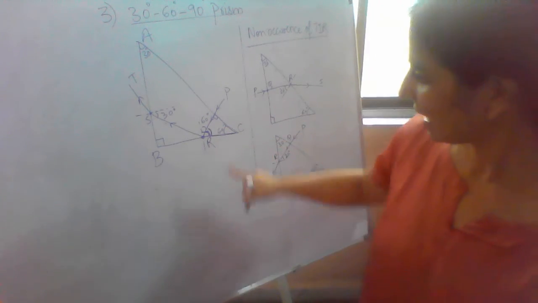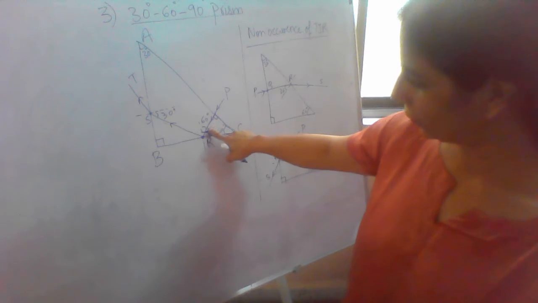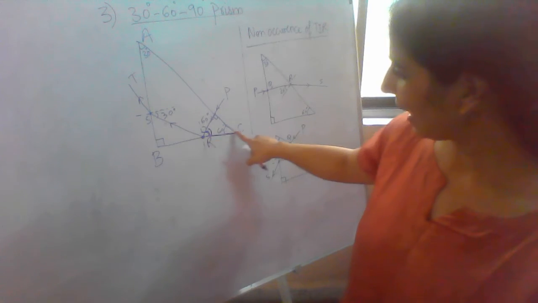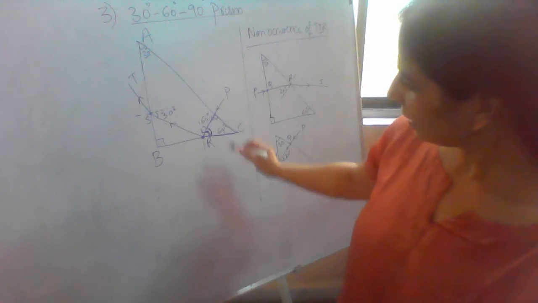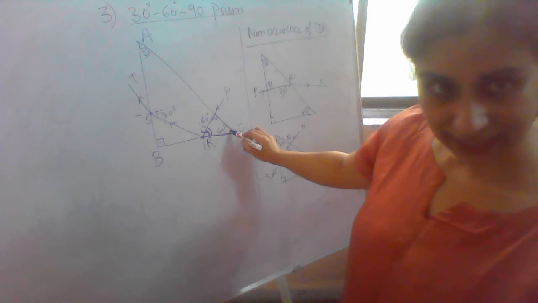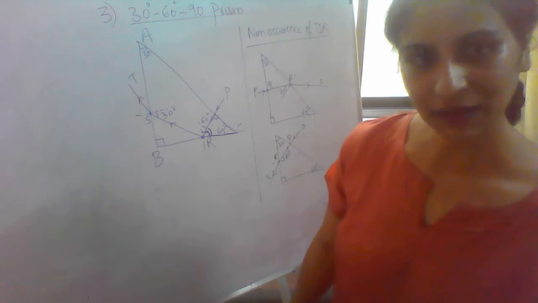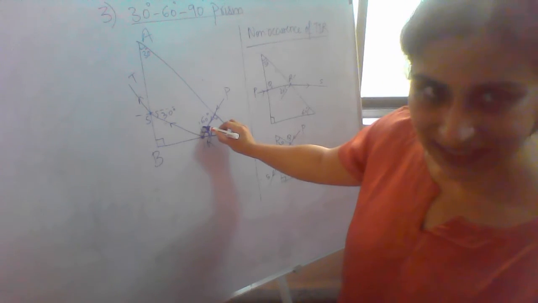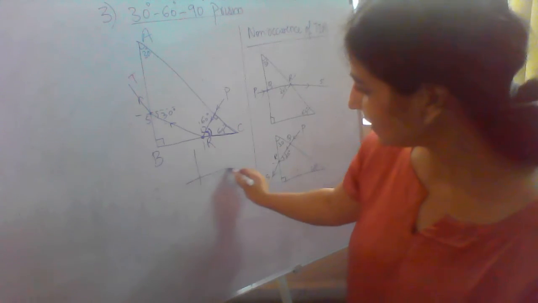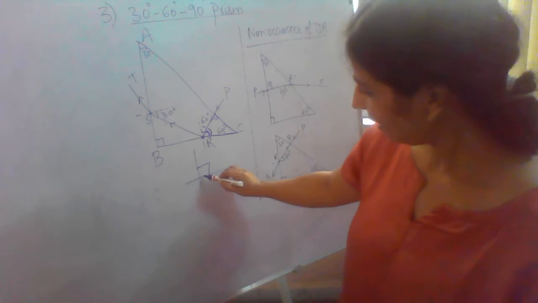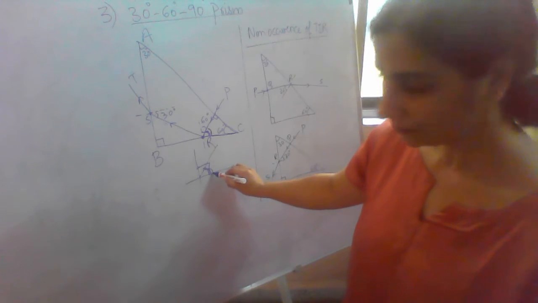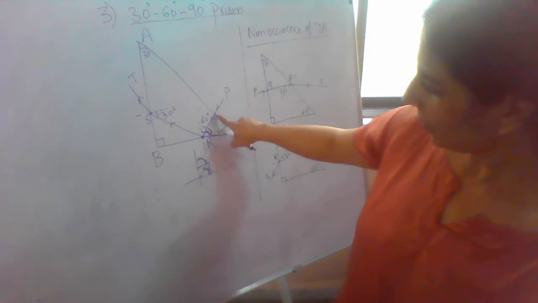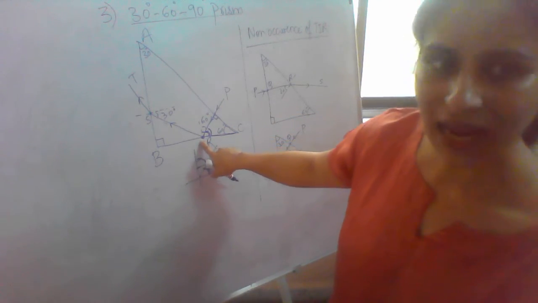Again, I am repeating this. It strikes here at 90 degrees, so it goes straight and strikes at point R. Now imagine this small triangle. Here this is 90, this is 60 degrees, so the remaining angle of the triangle will be 30. If this is 30, its other side angle will be 60, because this is a perpendicular, so it is going to be 90. If part of this is 30, the other part is going to be 60. So the ray P came and struck the normal at 60 degrees.